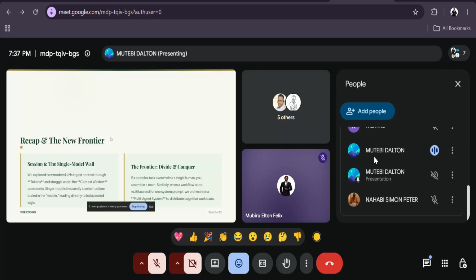What we should know is that if there is a complex task that overwhelms a human, you alone cannot finish it. In most cases, we assemble a team, like how you see here at DeepMind. We are studying various aspects of AI.